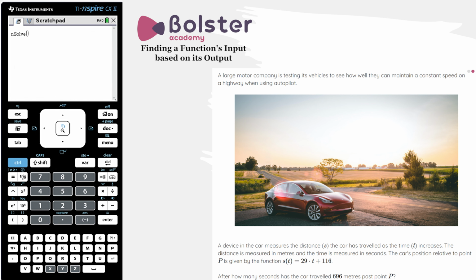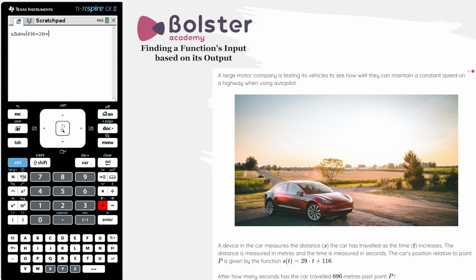Up pops this function nsolve. Now within the brackets, I need to stick in the equation that I want it to solve. So in this situation, we've got s of t is equal to 29t plus 116. We know that s is 696, so we put that in. 696 is equal to, and now just fill in the rest of the equation. It's